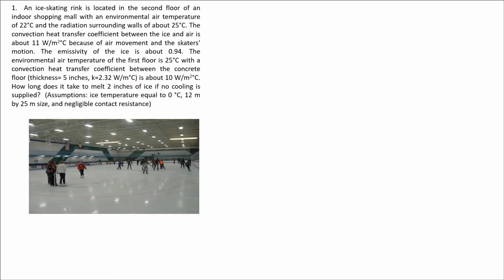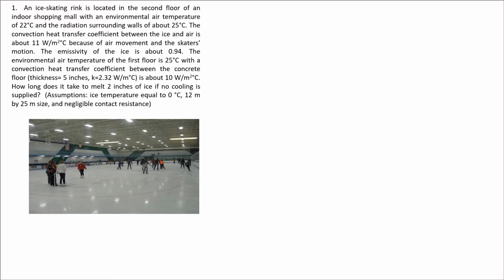In this design problem, we have an ice skating rink located on the second floor of an indoor shopping mall with an environmental air temperature of 22 degrees Celsius and surrounding radiation walls having a temperature of 25 degrees Celsius. Now, the convection heat transfer coefficient between the ice and air is 11 watts per meter squared degrees Celsius because of the air movements of the skaters. The emissivity of the ice is